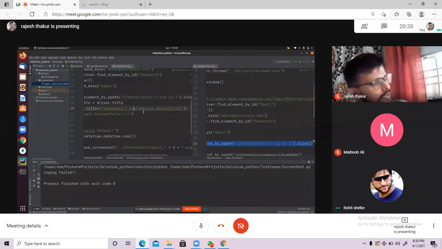Yes. Assert keyword, I will show you. For assertion, we have a separate class. So assertion is also a very beautiful thing there. But right now, I'm going to show you all those things with the if else condition, because right now we came up with the Python classes, right? So assertion we will see once we start the unit test cases. Okay. Selenium also provides the unit test cases.